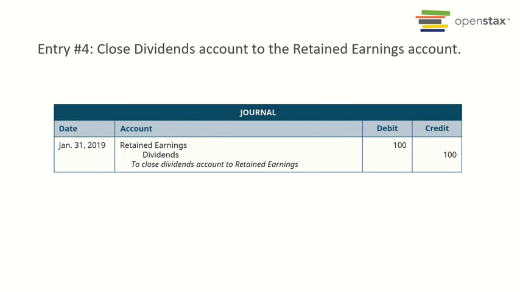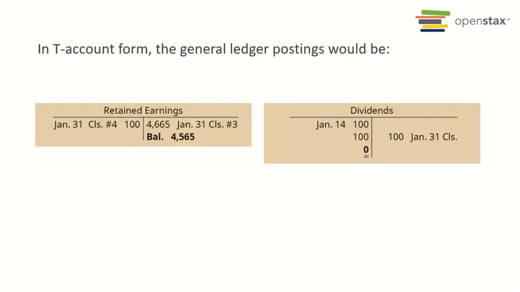Step 4, close dividend account to retained earnings. Our dividend account at the end of the period has a debit of $100. In order to close that, we need to credit dividend by 100. We credit dividend by 100. We need to debit retained earnings by 100. Posting that to the T account,